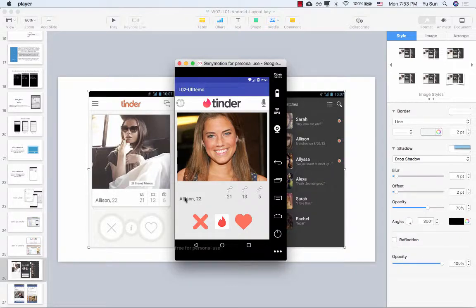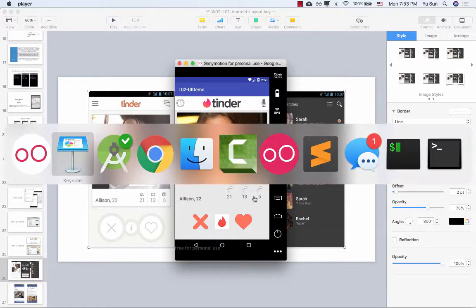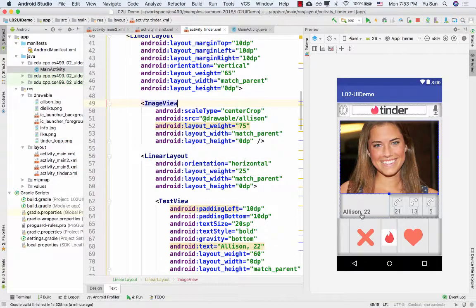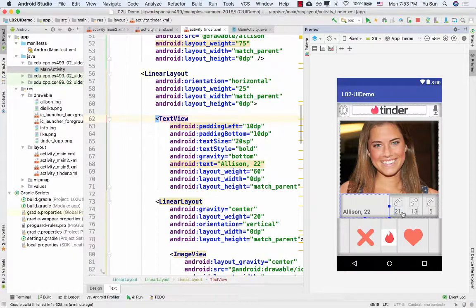Oh, actually, this text is not aligned really well. So this one should be the same level as the other text, I guess. Right. So let's see how to fix that one. And come back to here. This one is too high. The reason is because this one here we did the padding. That's how we added space. This one we just centered them. All right. So if you want this one to be perfectly aligned,